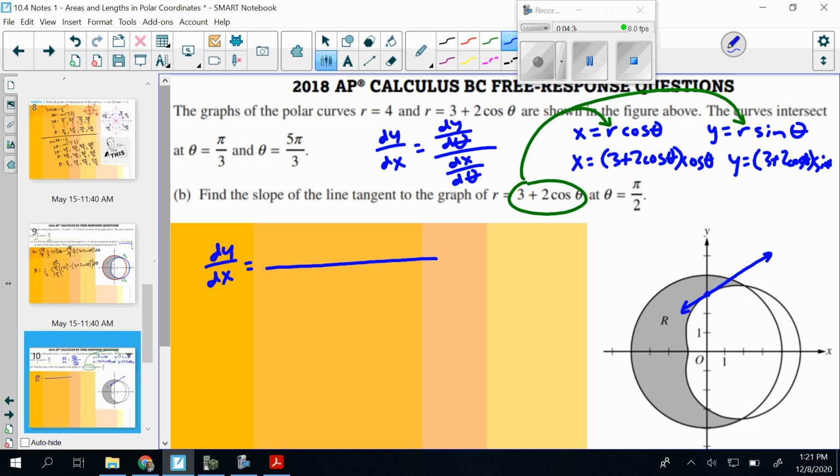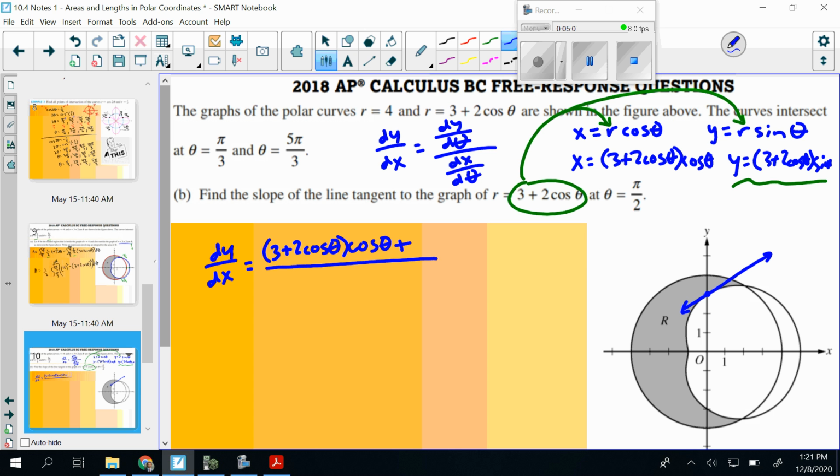If we're going to find the derivative of this over here, looks like we're going to have to do product rule to find that dy/d theta there. So using product rule, that's going to be the first one, 3 plus 2 cosine theta, times the derivative of the other part, which is sine theta. Derivative of sine theta is cosine theta,